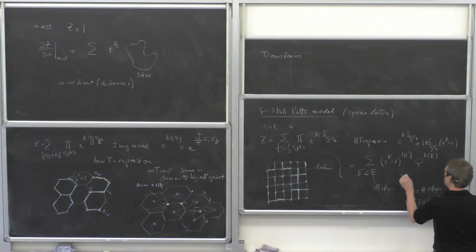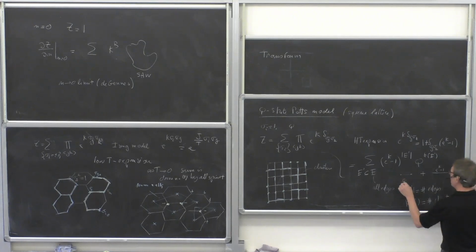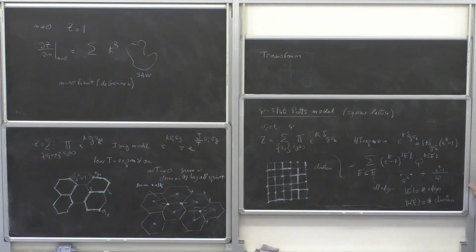So if this is my lattice, either I take the 1, that's what I get, or I take the e to the k minus 1 delta sigma j sigma k, and then I sum over q. So in that case, I get q squared because I have 2 isolated sites. I said that isolated sites counted as clusters, and here I have q. But in the expression for z, we don't have the ones, or